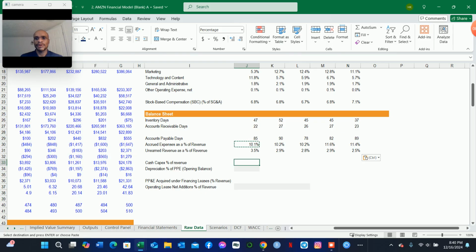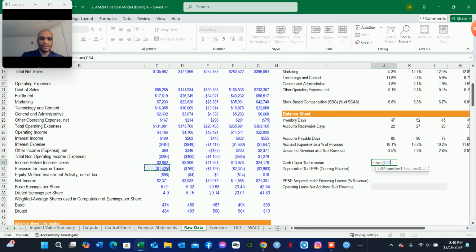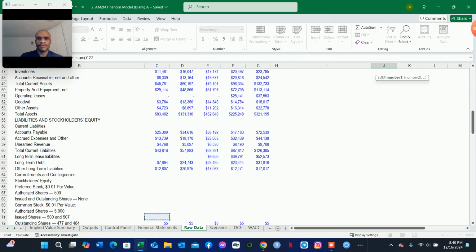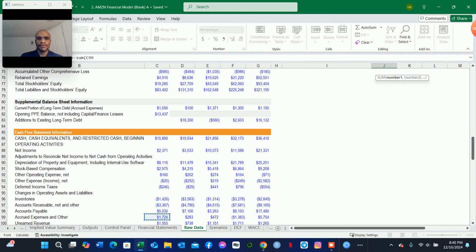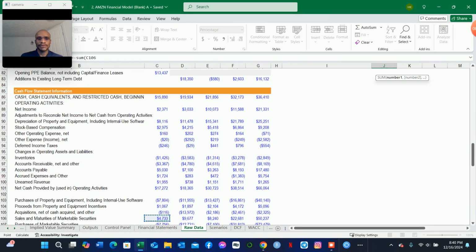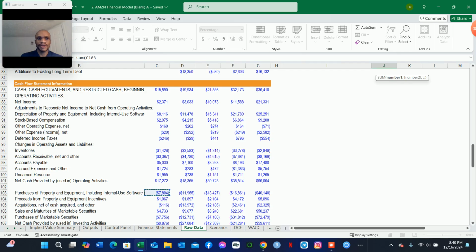Then to account for the capital expenditures, Amazon is going to be spending going forward as a percentage of revenue, so it's going to be equal to, you're going to have to take Amazon's capital expenditures, purchases of property, plant, and equipment, including internal-use software. So we net that off with the proceeds